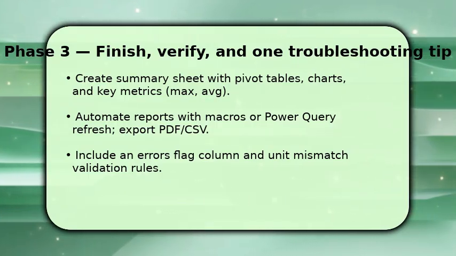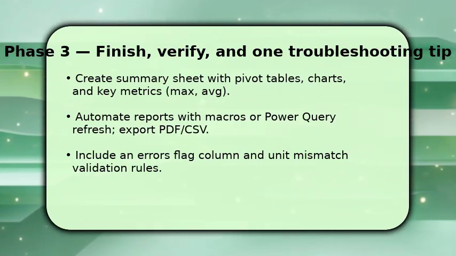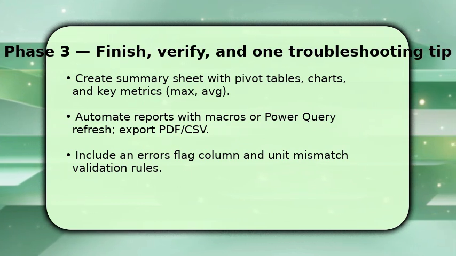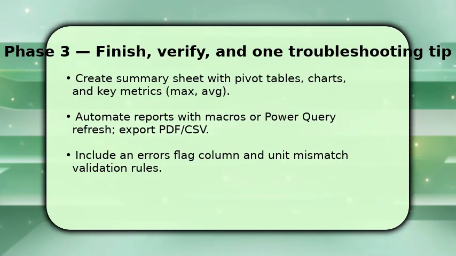For robustness, add an errors flag column that checks units, negative volumes, and divide by zero risks. If a flag appears, trace upstream with trace precedence. One key troubleshooting tip: if numbers look off, check unit formats and